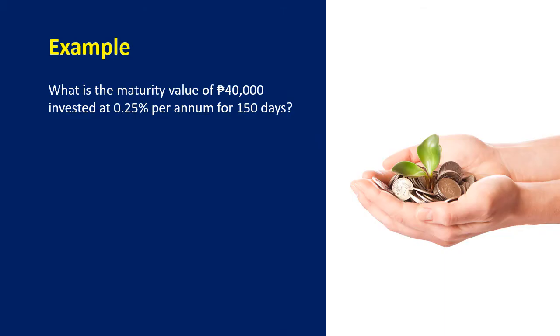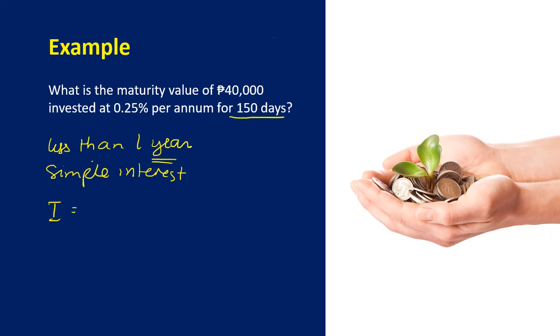Alright, so let's look at this problem. What is the maturity value of 40,000 invested at 0.25% per annum for 150 days? By default, if it is less than 1 year, the bank rule is we will use simple interest. What is the formula? First, we can just get the interest. What is the interest? It's equal to